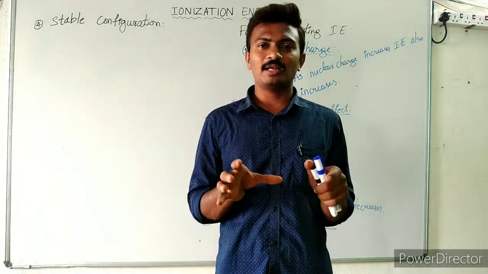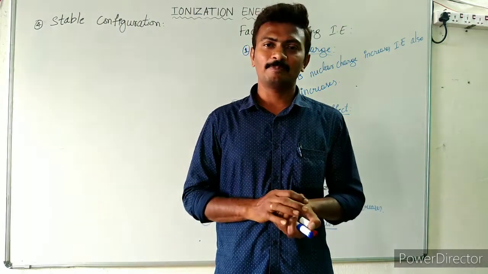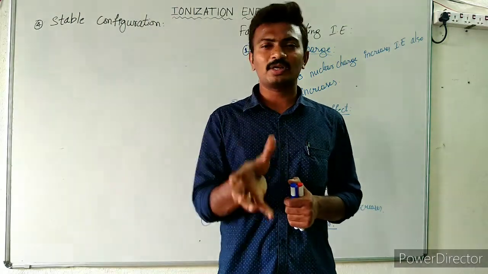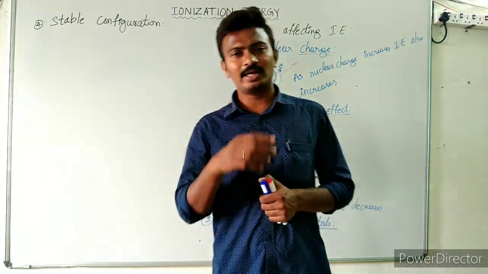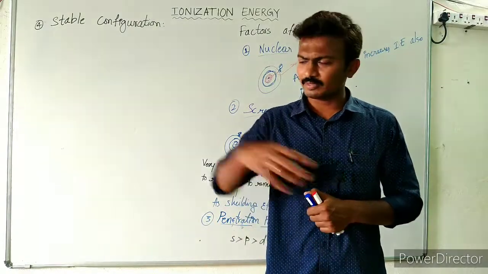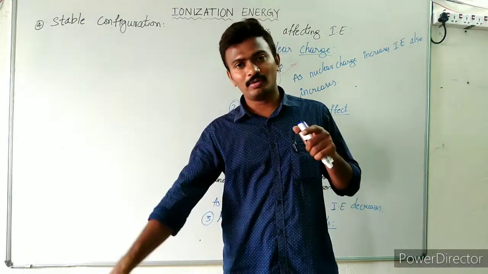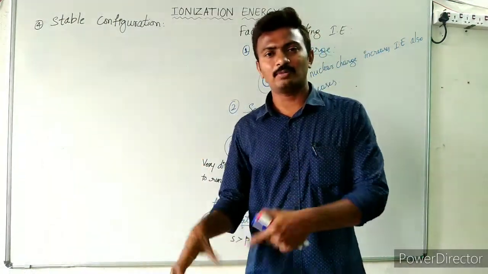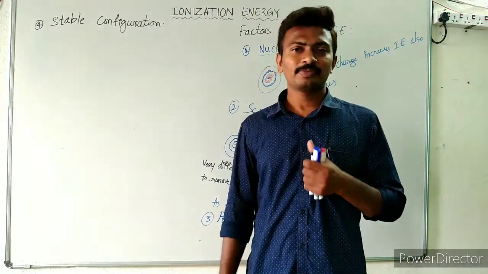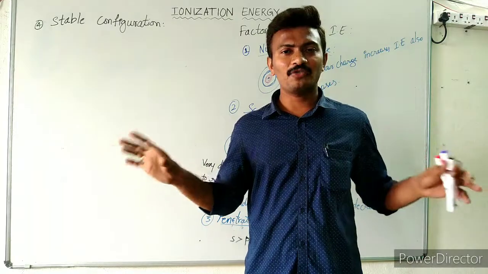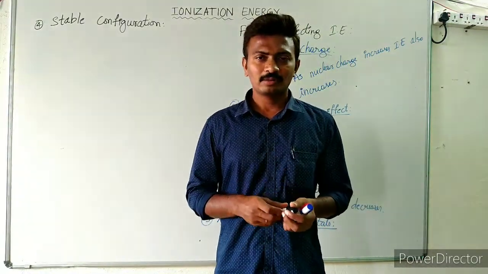The two legs should be equal, and they should weigh our body equally. That means if this symmetry is lost, if one of the legs is very thin and lean, we will be bending and our body will not be stable. In the same manner, whatever object you take, that object will be stable only when it is symmetric. If you put more weight on one side, what happens? After some time, what happens? That will collapse. The same way, the orbitals with half-filled or full-filled electrons will be stable, right?